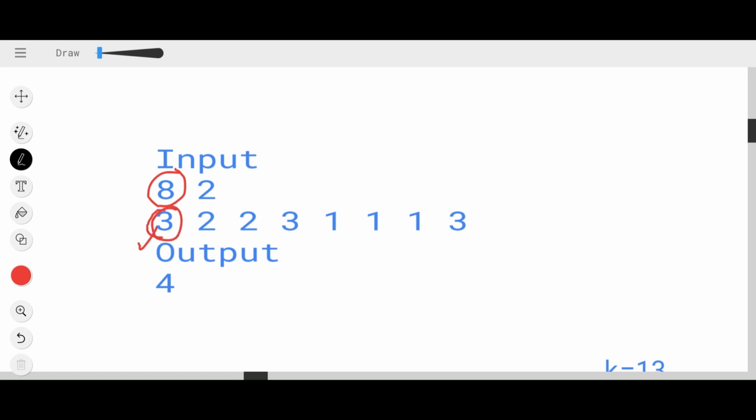So in this stack, you can see there are 3 books. In this stack, there are 2 books. In this stack, there are 2 books. Similarly, in the ith stack, there are a certain number of books. Now the task is to find the maximum number of books, and the condition given is that I need to find out the consecutive stack of books which satisfies this condition.